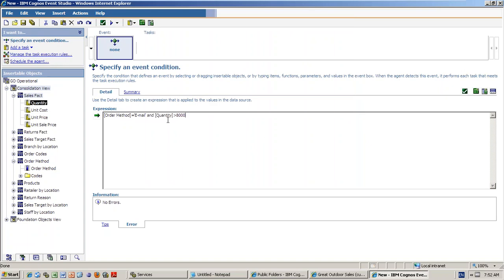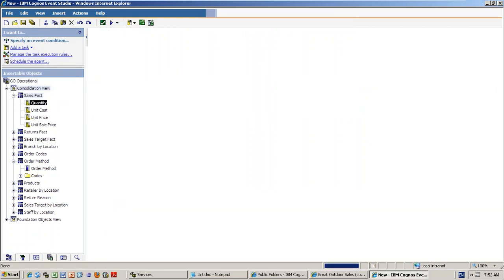Okay. Now once your condition is done, specify an event condition is the first point. Yes, I gave the condition to the Cognos report. If this condition is satisfied, what Cognos has to do? You need to write it. You need to give a task to the Cognos. So there are different tasks. I will give the first email task. I am expecting an email sent to my mobile or wherever, your mobile email ID, so you write it.